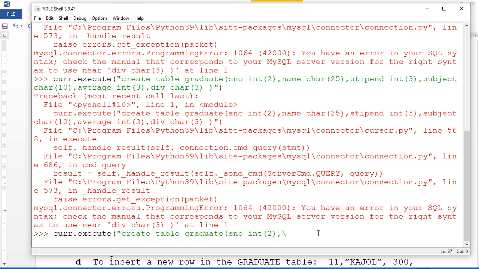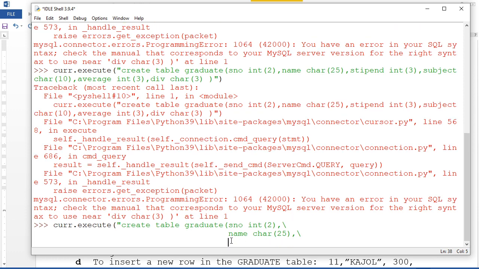You see, now have you seen this prompt disappeared here? This is telling me I can write now. I am adjusting myself here so that it will be good. Then name character 25 and then again comma. Where is my cursor? Here. Then again I am giving a backslash, sorry, a forward slash, and pressing enter.